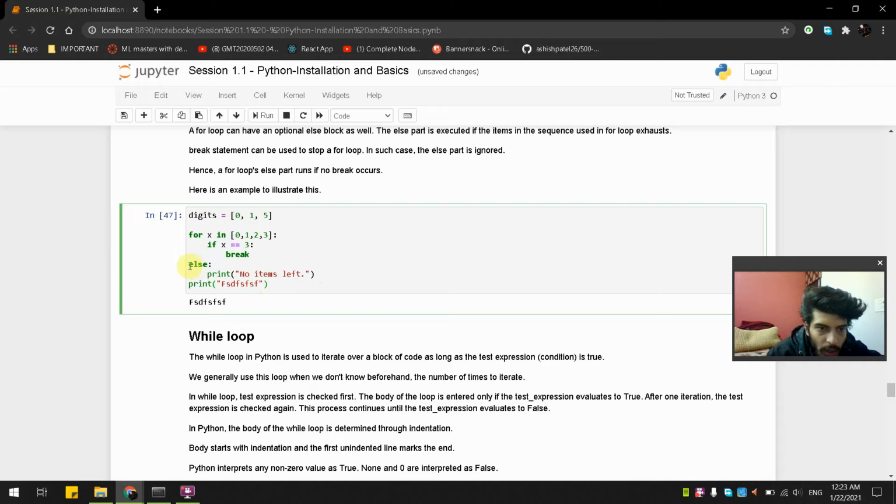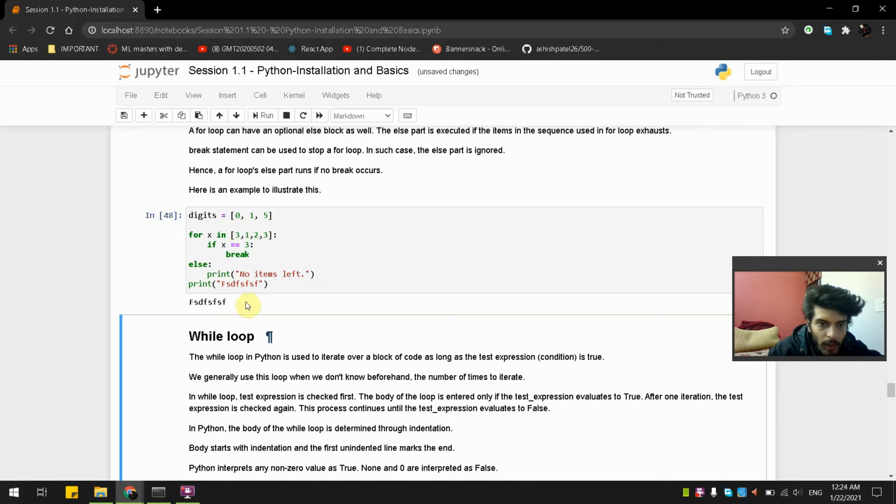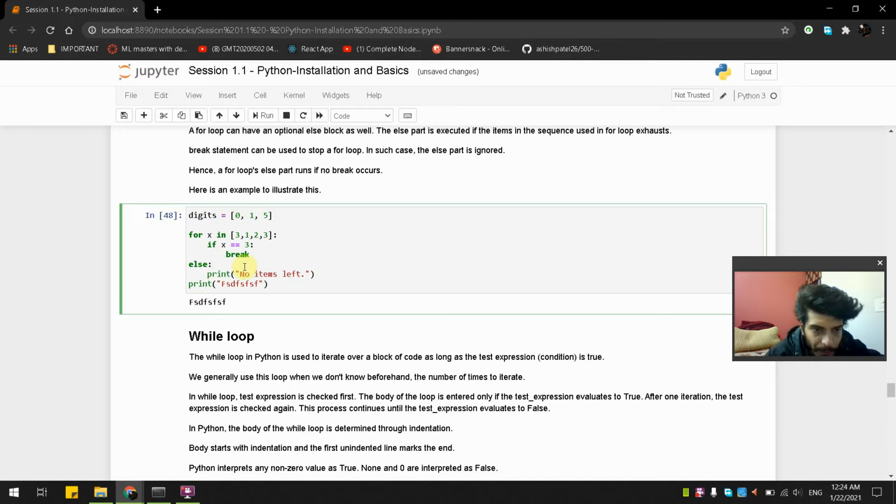Okay, now you can understand. We have this for loop, and this is our variable x.